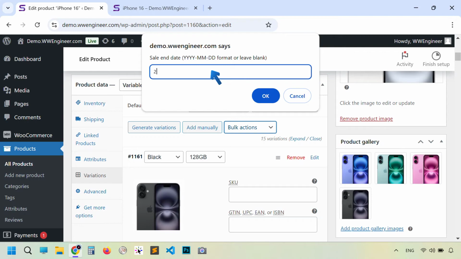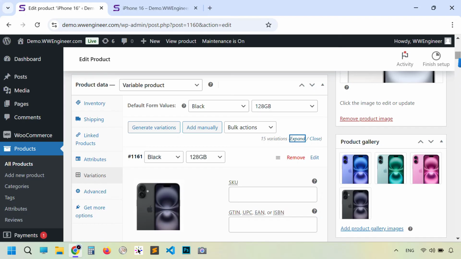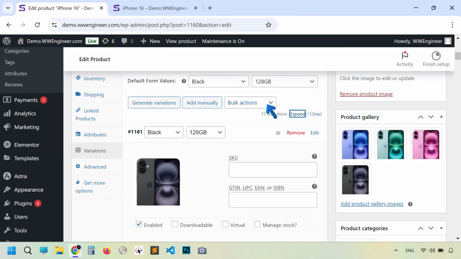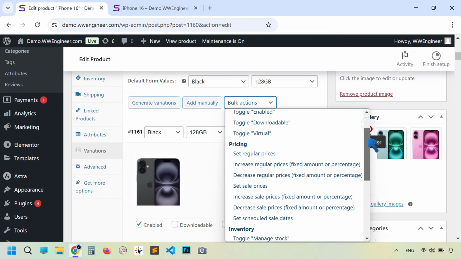So I'm going to put 2025-02, then 10th February. Click OK. So now if I expand them, you see all have this date.